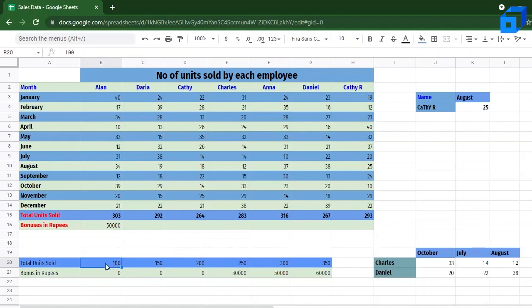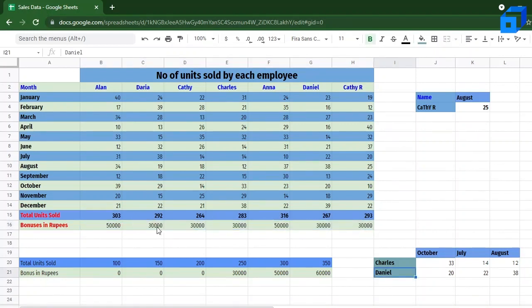So what HLOOKUP does is it goes through each and every value from the starting, and once it goes to 300, it will go to the next value, which is 350. Since the value 303 comes between 300 and 350, it will give the value of 300, that is 50,000, to the value 303. Let us fill this for all the other columns using the fill handle.